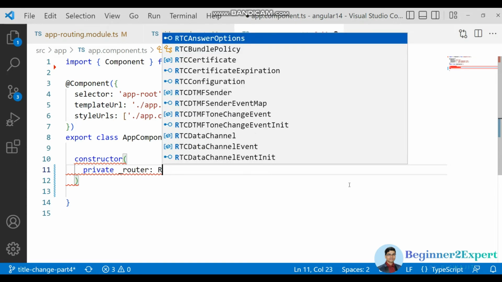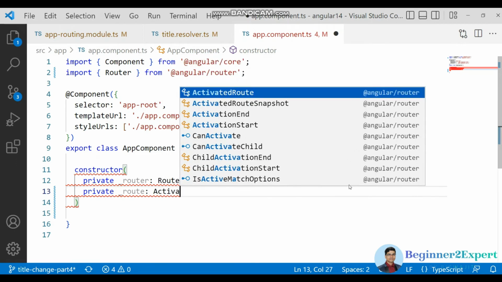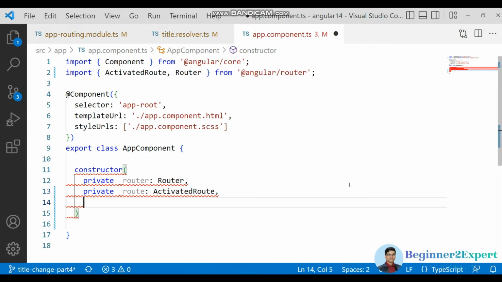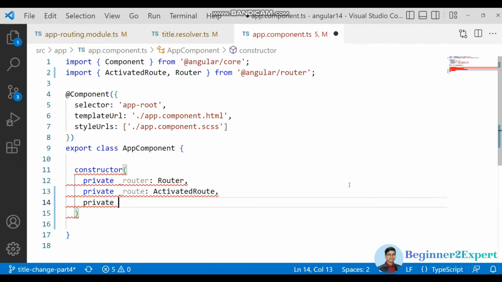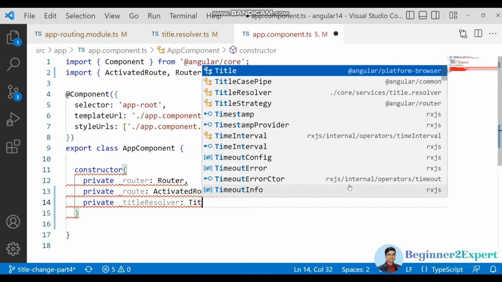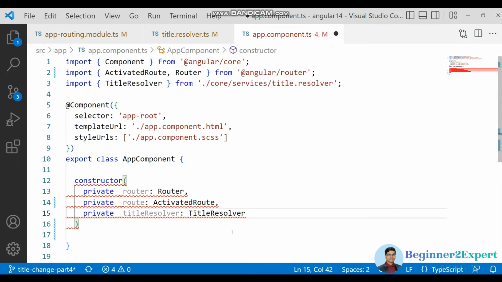Router will be from the router, from Angular. And also I will inject one more, ActivatedRoute, and so I would have the title resolver, which we have created here. Okay,